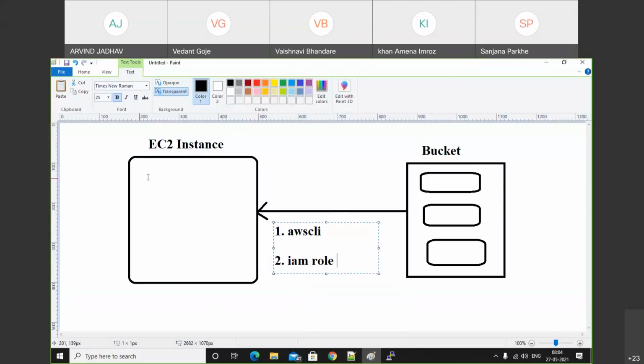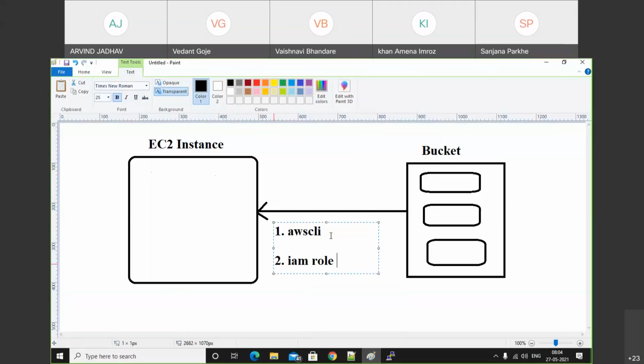That means on behalf of you, the EC2 instance communicates with the bucket and can perform the operation. That means the EC2 instance gets the credentials from the bucket side, and it takes the access key and secret key inside the EC2 instance. So machine-to-machine communication will happen.